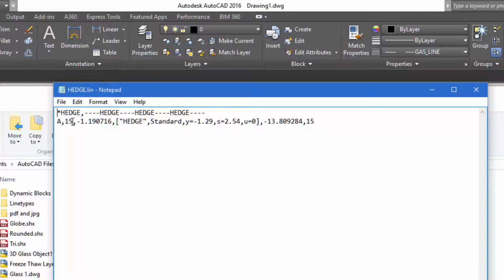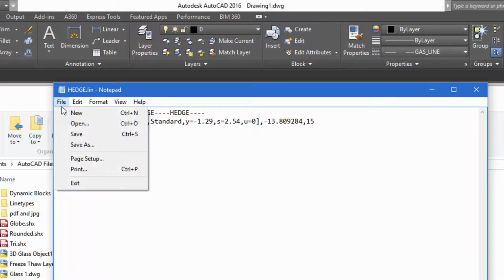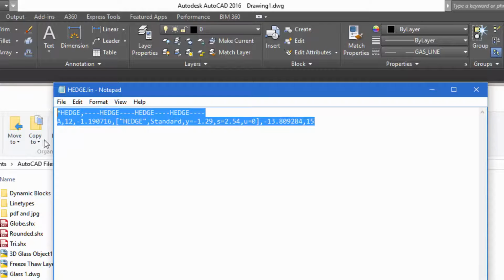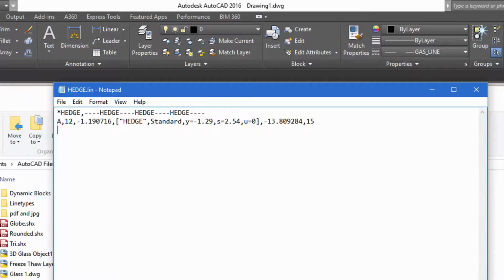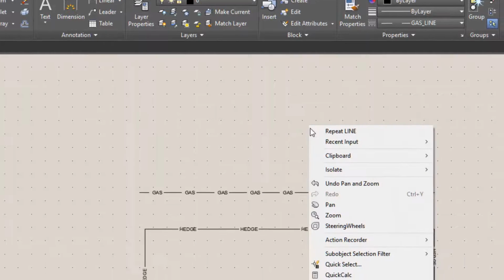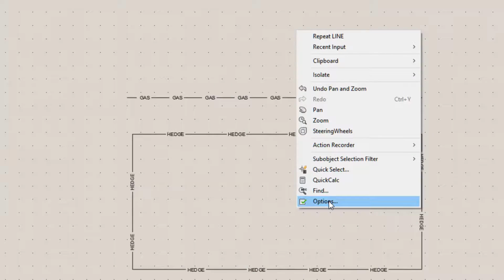I'll try changing it now. I'll take it down to 12, and I'll just save that. I'm not going to test that change immediately. I'm going to select that. I'm going to do a Control-C to copy it, and then I'm going to right-click in the drawing window, select